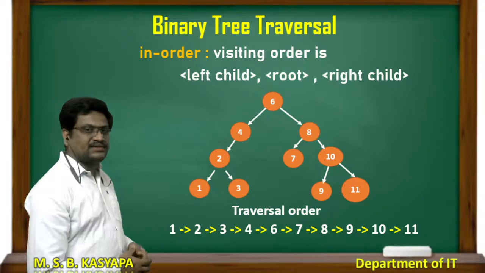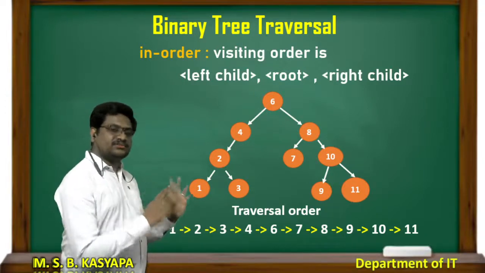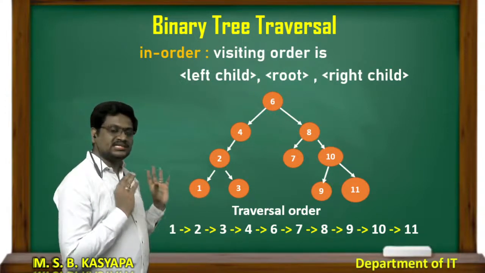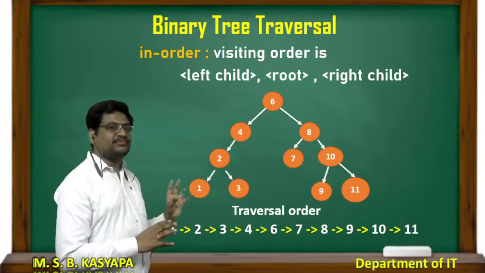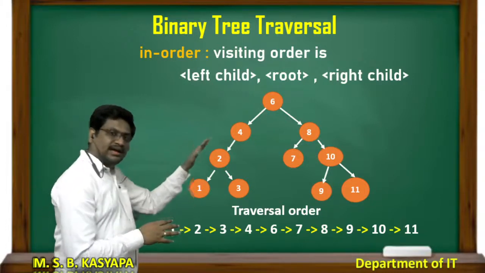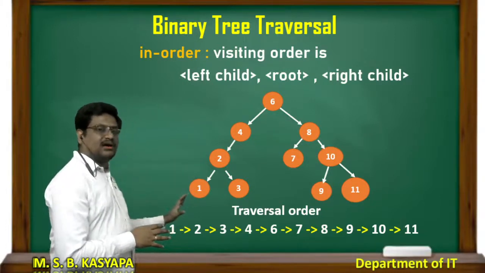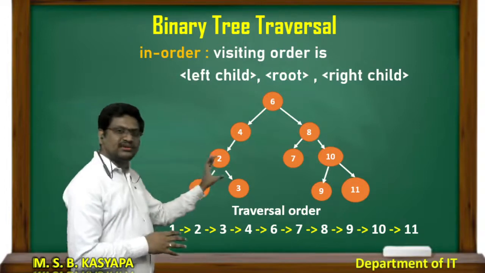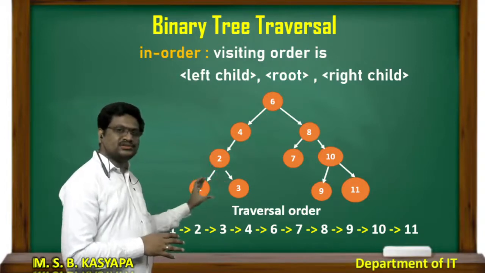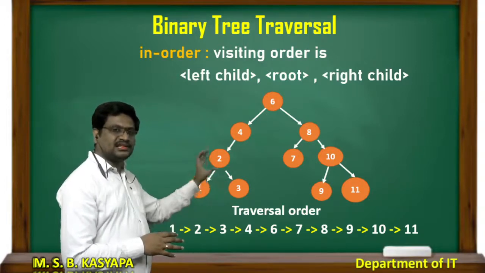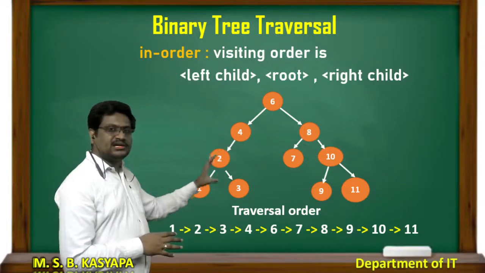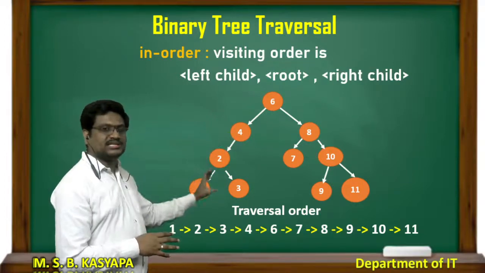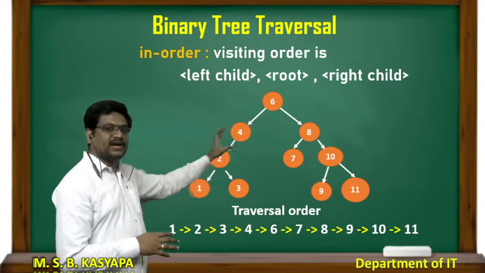Then my final traversal, if I want to visit all the nodes in the tree in in-order, so first I come all the way to the last child on the left side of the left subtree. So that is 1. Then moving to the root. Then I move to the right side. So 1, 2, 3. After checking this one, I move to this subtree's root node, or this subtree's parent node. So 2, parent node 4.